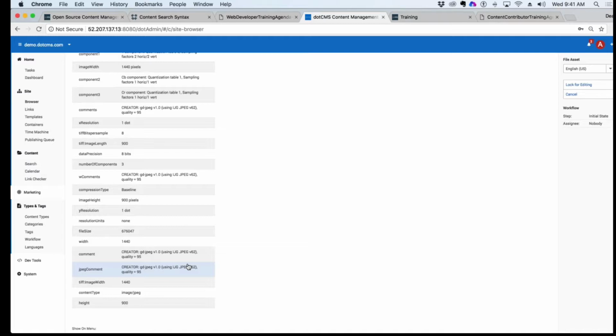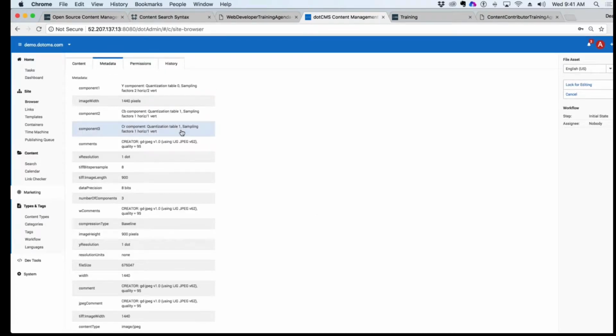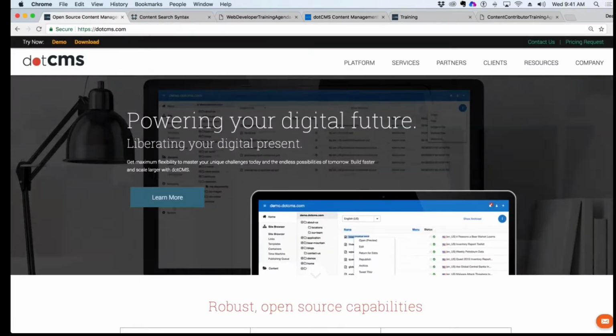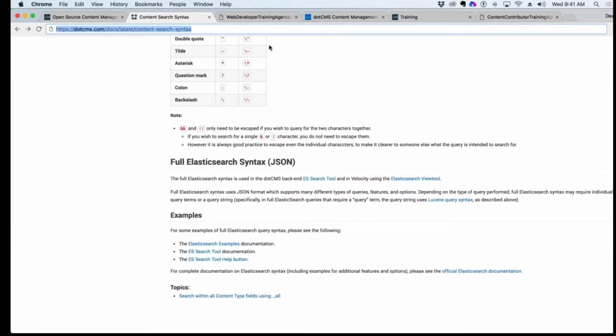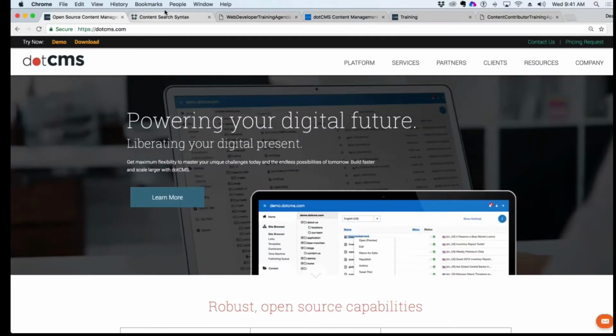Or maybe we wouldn't even want them to do that, because then they'll probably do weird stuff to the images. I think cropping should probably be just programmatically handled by you, which is what we're about to do. But definitely on the file size, I guess, and then you train them how to crunch down their images to an appropriate size. And they could still do that in the image editor, change the width, because that's right here,